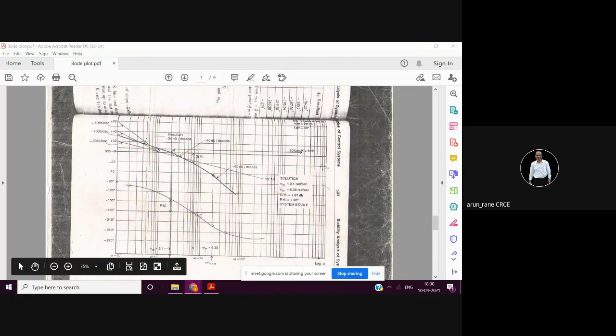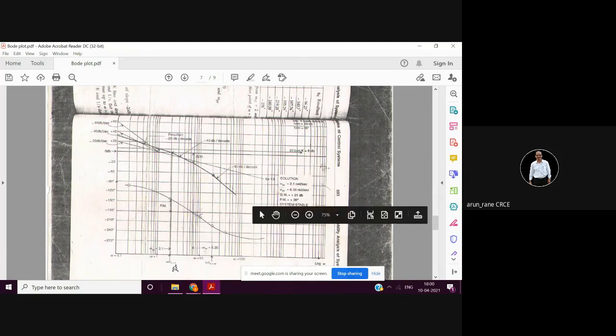This is 20, this you are drawing. How much is this? This is 20. And how much is this? This is 2. The first changeover was at 1 by 2, so 1 upon 1 by 2, that is 2. That is the first change, and from there you are drawing a 40 decibel line. Then the second change was 1 upon 1 by 20, so that is 20, correct. So you will get this point. Is it clear?